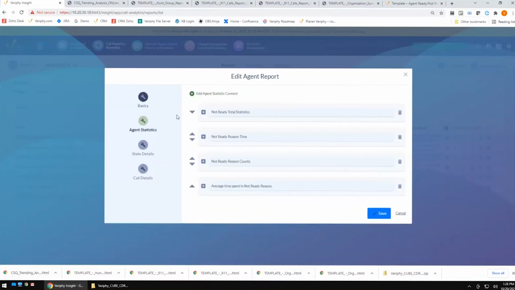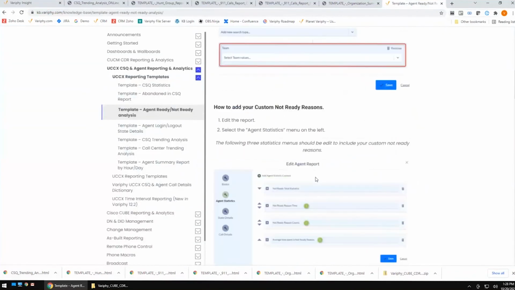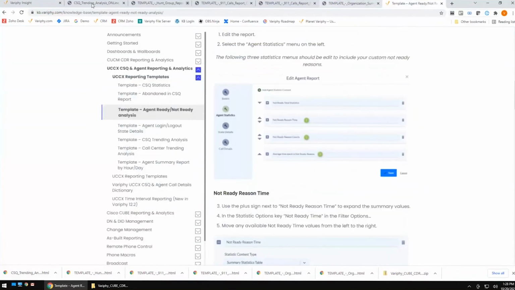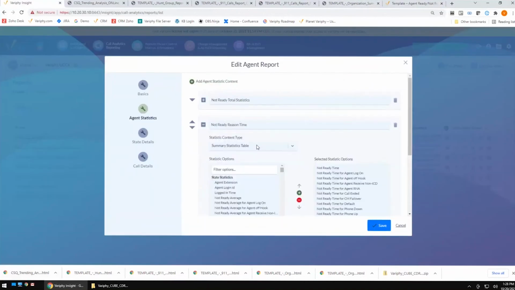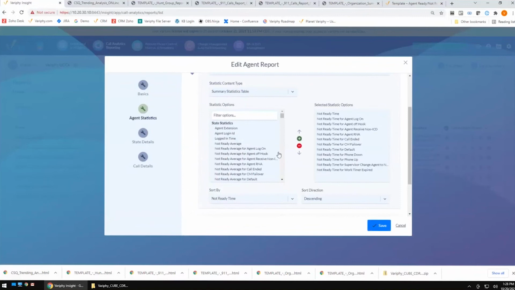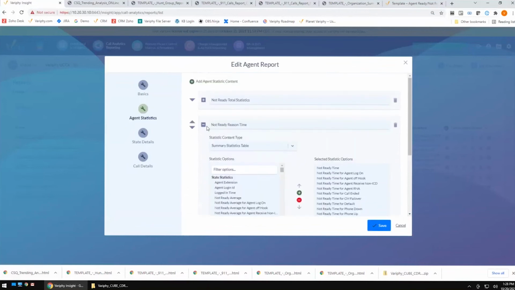Now, what's most important about this particular report, and we do go into details in the knowledge base on what you're going to need to edit and what you're going to need to change, is the fact that this is based on not ready information. Now, not ready information is and will be customized to your environment. So it will be much different than my environment. Right now I'm editing not ready reason time. If I go in here and I put in not ready reason time, or just not ready time,